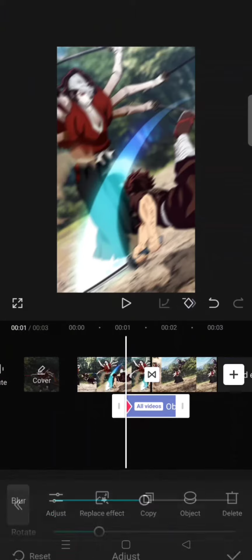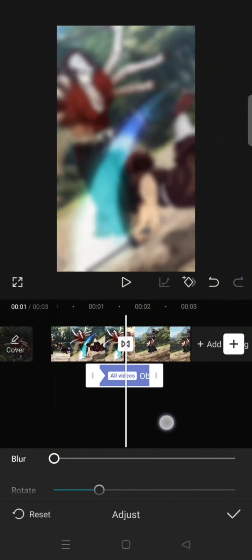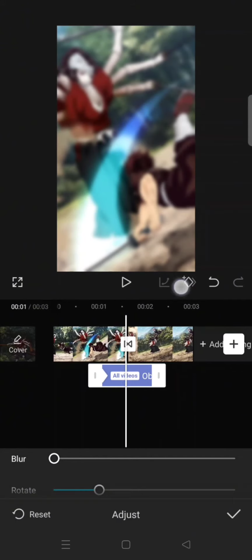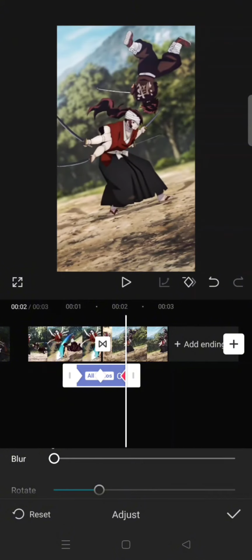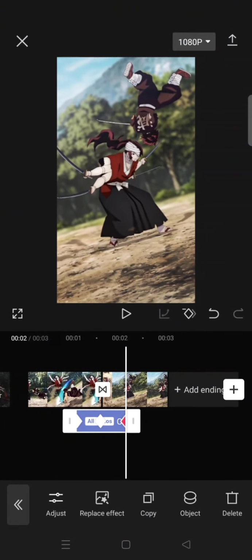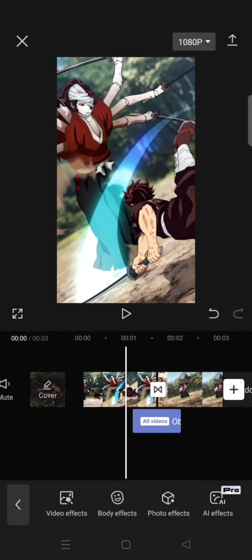Now add a keyframe at the start and set the blur to 0 and rotate 25. Now add the second keyframe in the middle in here and set the blur to 100 and leave the rotate as it is. And last keyframe, blur 0. Click on a check icon, and after that go to the overlay